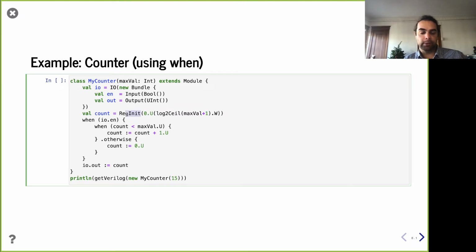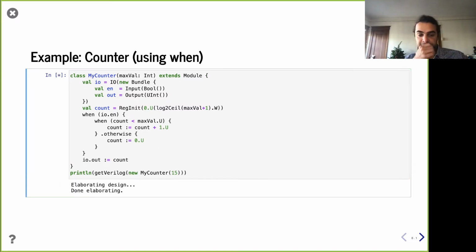But then if we're not worrying about reset, if enable is true and we're below the max value, then yeah, we should add 1. And if we are at the max value, then of course we're going to wrap around. And so this is perhaps a very behavioral way of writing this. We know that under the hood, the Chisel compiler is going to do some analysis and figure out how to add muxes and make this combination of things happen. But this is it, right? And so in terms of the hardware we get, this should actually look very similar to what we just saw,